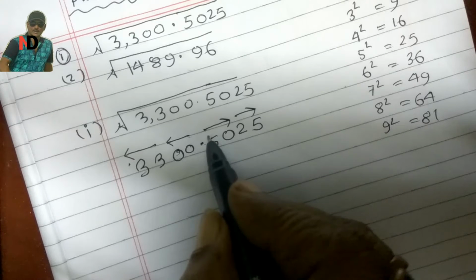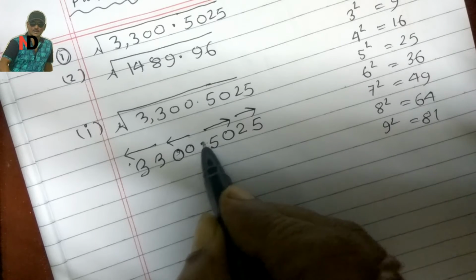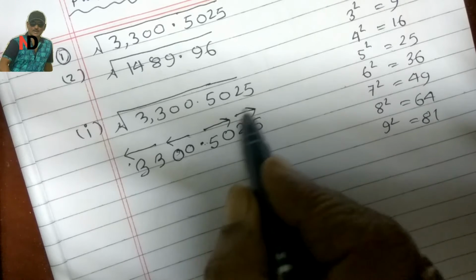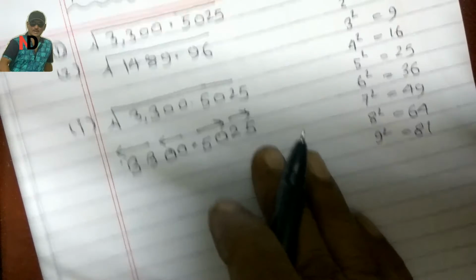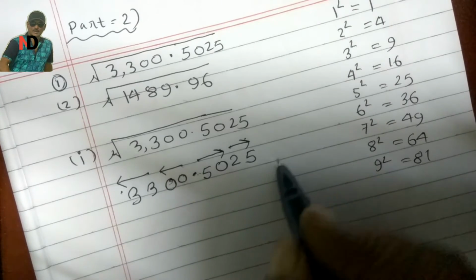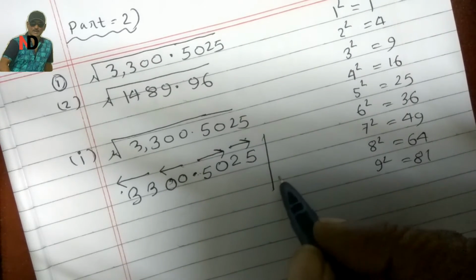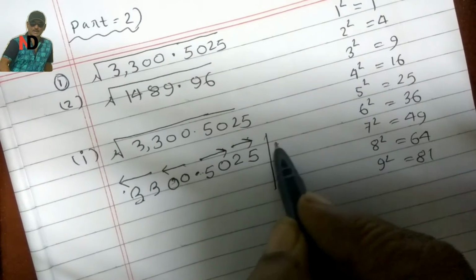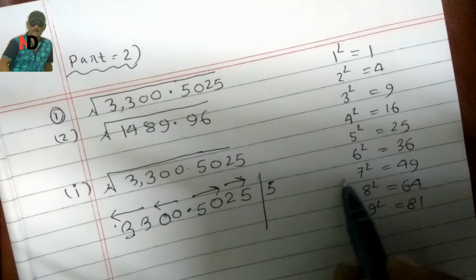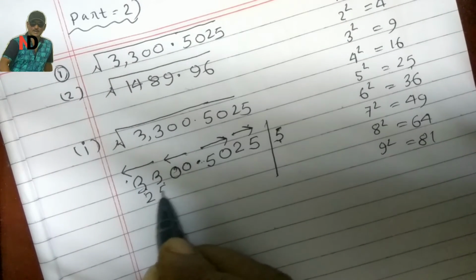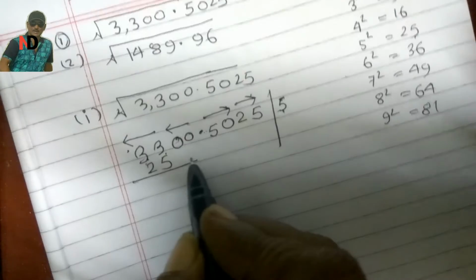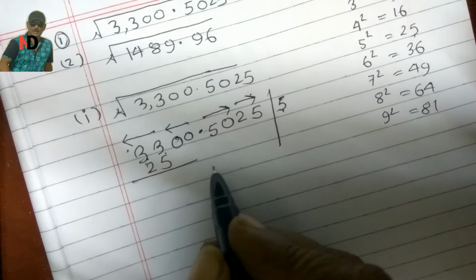So from this decimal point go to the right hand side, then again right hand side, and from this left hand side to left hand side. Now as we learned in part 1, like this. Now let's start. First here is 33, so 5 will go, because from the square table we take the square of 5, 25, because it is 33. See the first one, so you subtract it, get